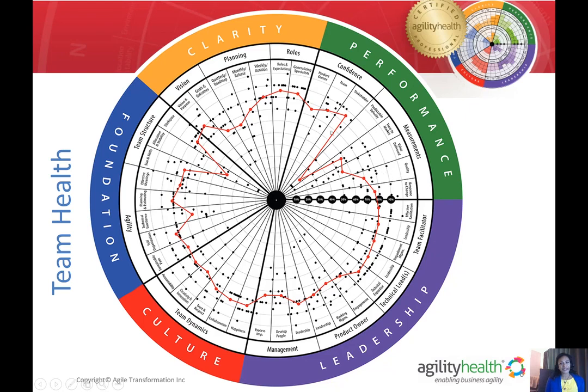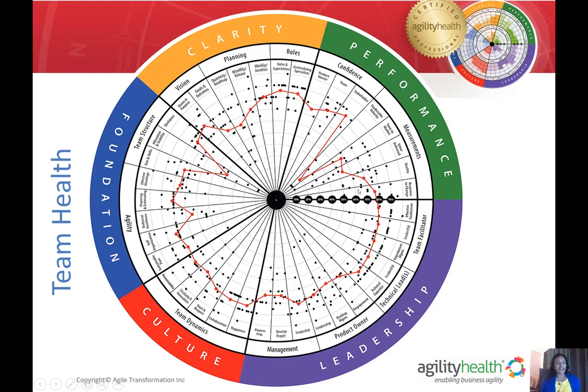What's important to understand is that these dots are the actual answers from each individual, but they are anonymous. There is no way to know who said what. It's really important to emphasize that. It's important that everyone is responding truthfully to this radar, and when you first walk in the room, if you are a facilitator of this, to ensure that everyone understands that their responses are anonymous and that it's a safe environment for them to rate truly how they feel.